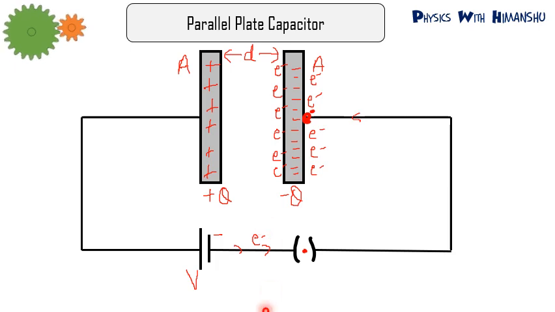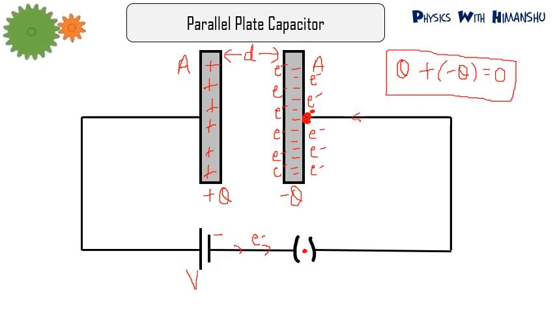After switching on, electrons will come from the negative side of the battery and travel to the plate of the capacitor. The plate connected to the negative terminal will get negatively charged, and the opposite plate will get positively charged. If someone asks what the total charge on this capacitor is, it will be Q plus minus Q, which equals 0. But if someone asks how much charge is stored by this capacitor, the answer will be Q. Okay, now moving forward,